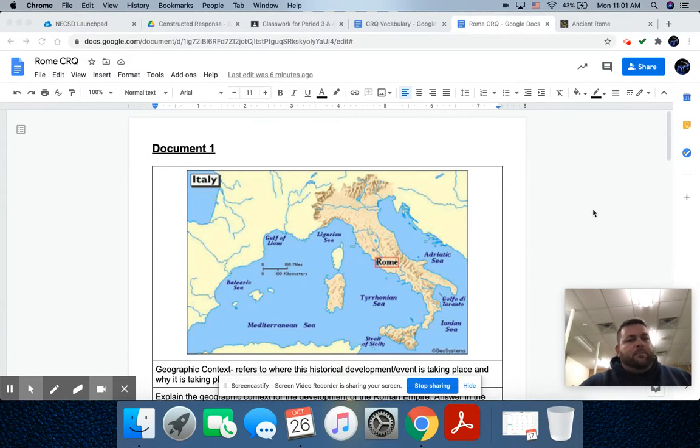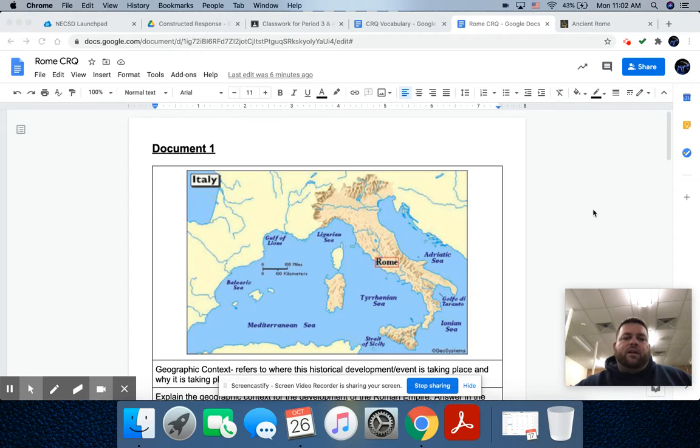Because it is important to us. Once we get to the Regents at the end of the year, this is one part of the Regents exam. So I'm going to go over it with you now. This is called a CRQ, or Constructed Response Question. The New York State Regents has done away with DBQs in general, and what they're replacing DBQs with is this CRQ activity. I'm going to go over it with you now.